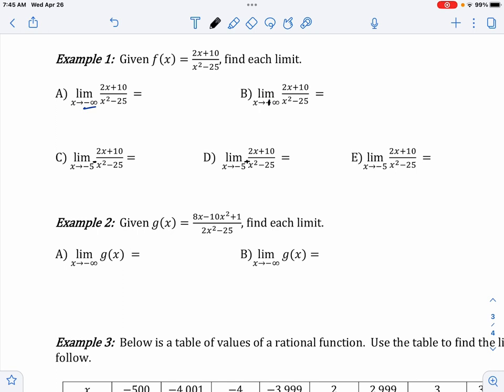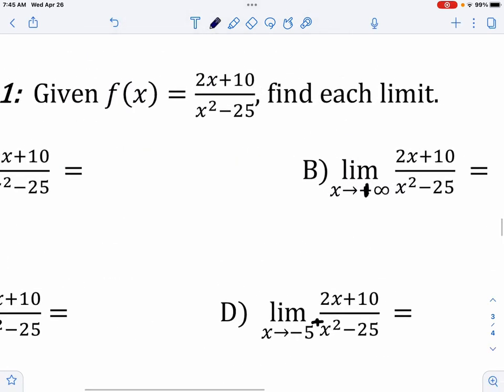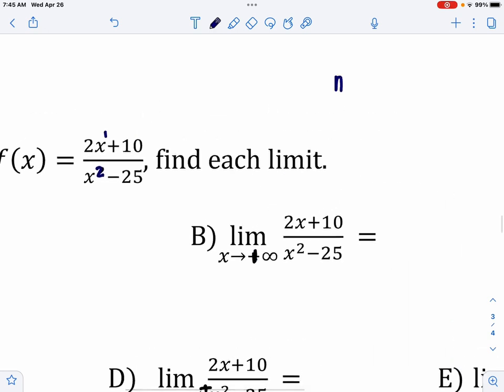This is a positive infinity. Okay, so I want to find those limits. So in order to find those limits of a rational function, I need to know where the horizontal asymptote is. So let's find the horizontal asymptote. Remember, to find the horizontal asymptote of a rational function, you compare the degrees. Okay, you have to look at the degrees. So the degree here is 1, the degree here is 2. The degree in the denominator is bigger. So remember, if it's numerator bigger,